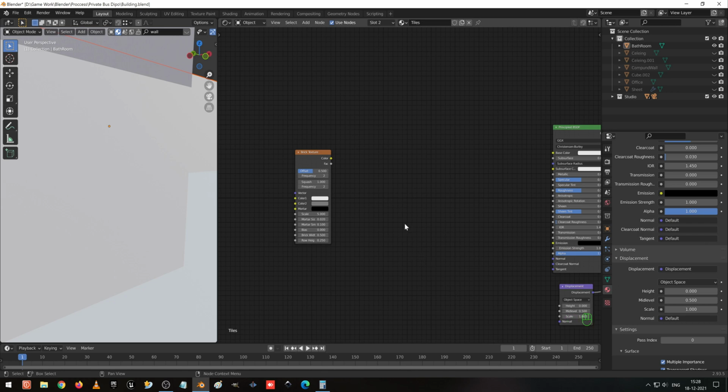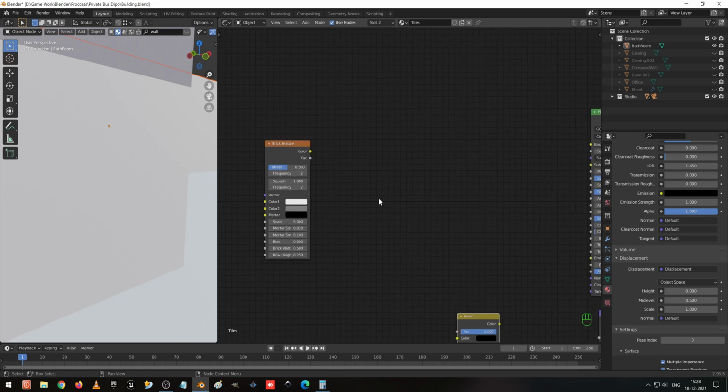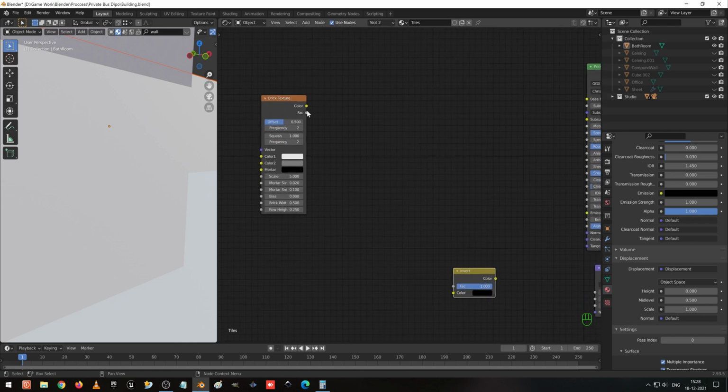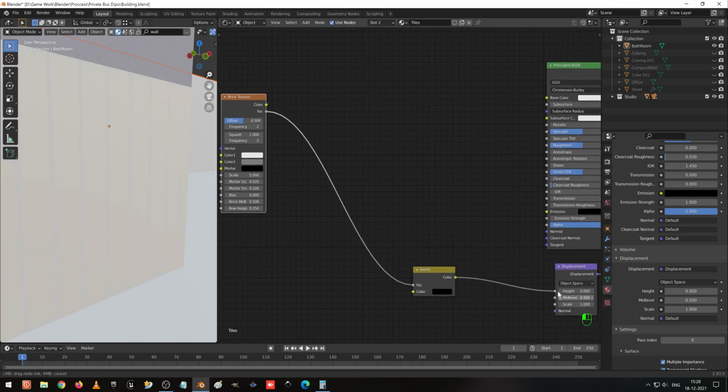So we have to do some invert for this. Press Shift A and search for invert. In this invert I am going to give it that fac here and color to the height.